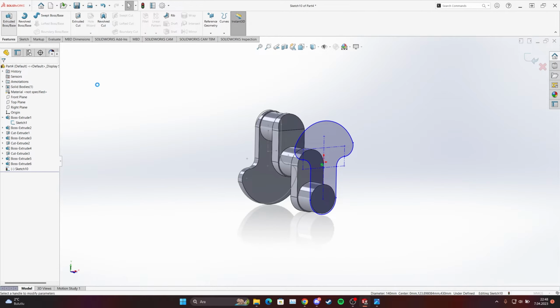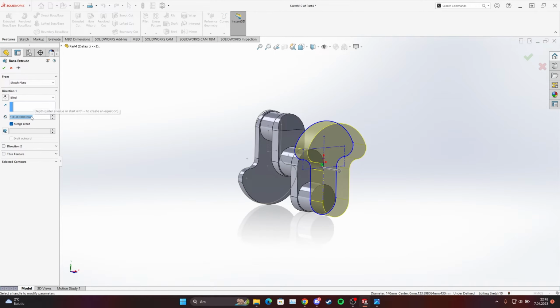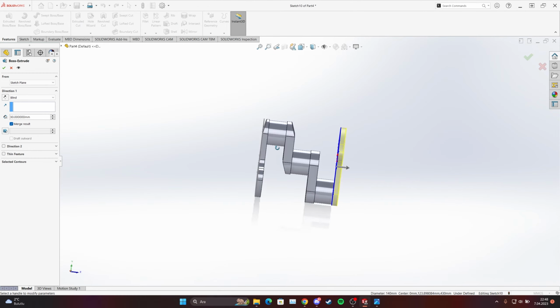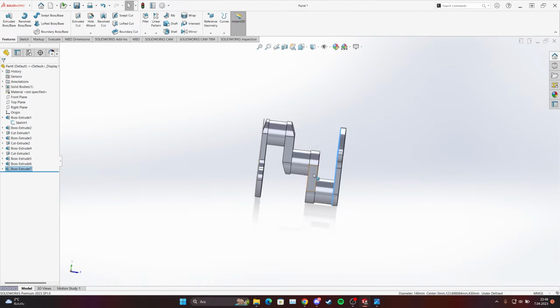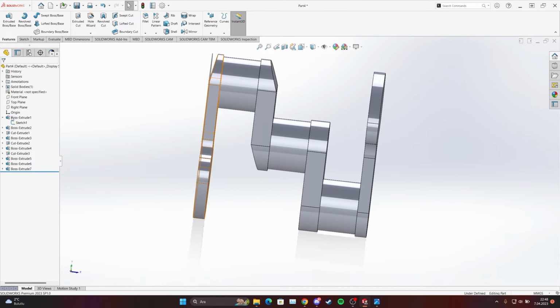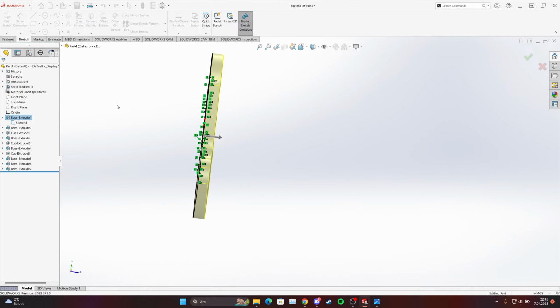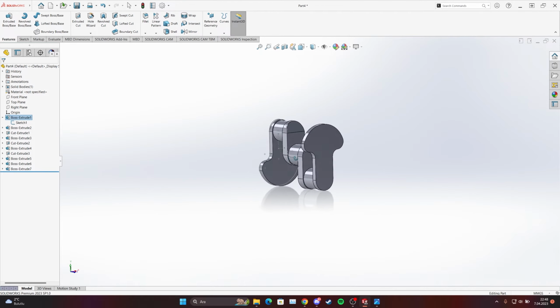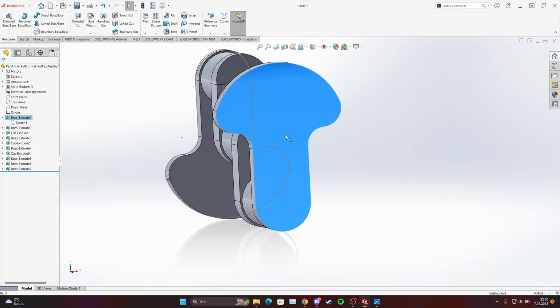And then extruded boss and base. And what was our dimension? I think it was 30. We can also check from this one. Just right click. Yeah, it was 30. Okay, now we have this one. What we will do next? Okay, let's make one circle to here,